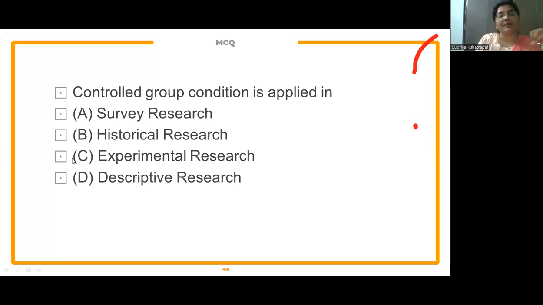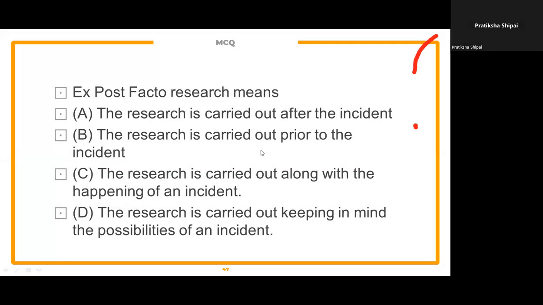It will come. What is the answer then? Which one is the answer? Experimental research. Very good, very good. Okay. Ex post facto research means